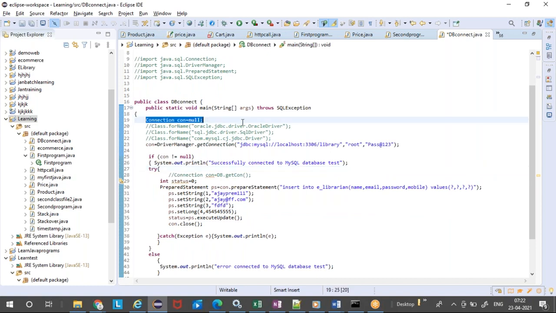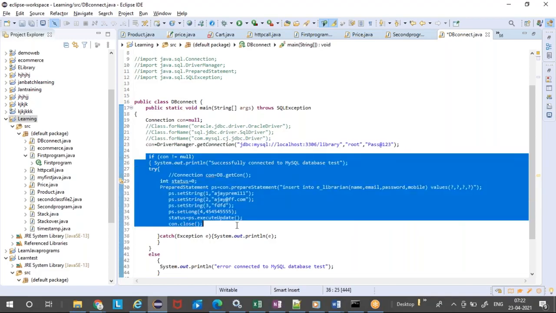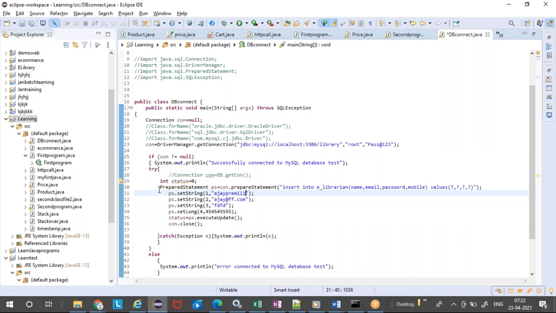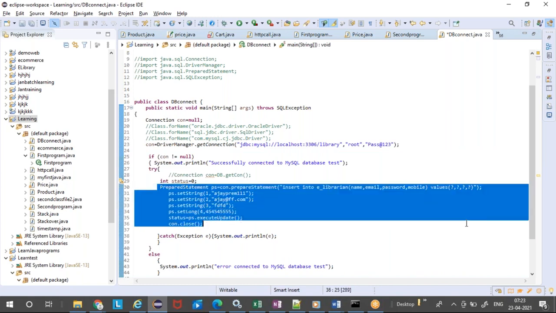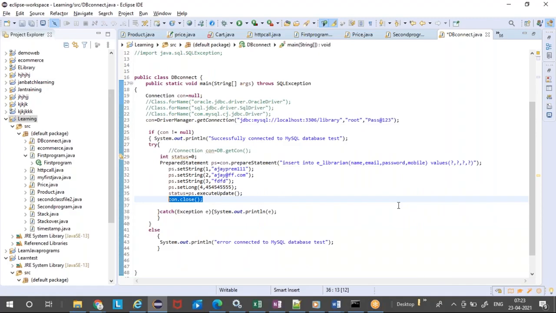We're creating a connection, and we are providing the URL, your database name and database password. Okay, and then we are trying to establish a connection, and then preparing a statement and inserting it. Okay, and then once it is done, we are closing the connection. Okay, that's it. So once this is done, let's just run it.